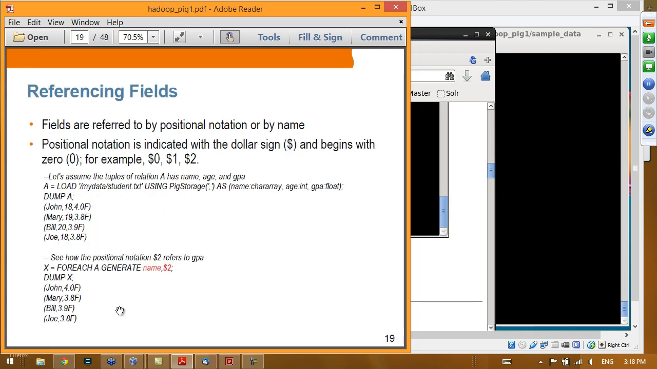Okay, referencing fields. Fields are referenced either by positional notation like $0, $1, and $2, or by name if the name has been assigned. Positional notation is indicated with the $ sign and begins with 0. Let's say an example. Suppose we have this A relation that has these 4 tuples. Now what I want to do is FOREACH A GENERATE. You can think of FOREACH GENERATE like a SELECT statement in SQL. You're basically selecting a column. Here, GENERATE means I want to select the name field